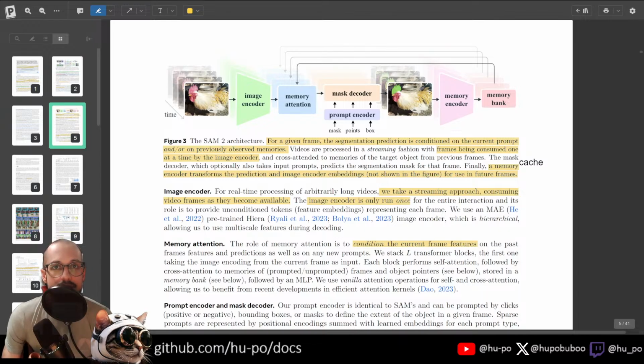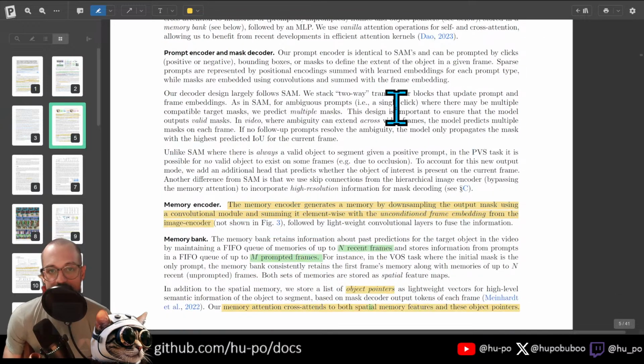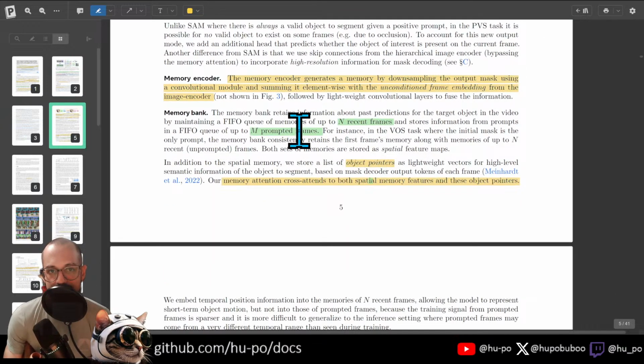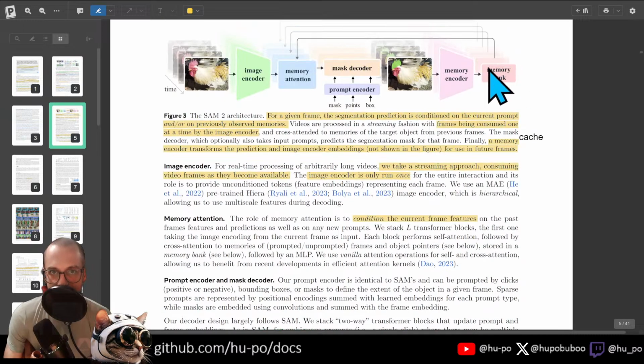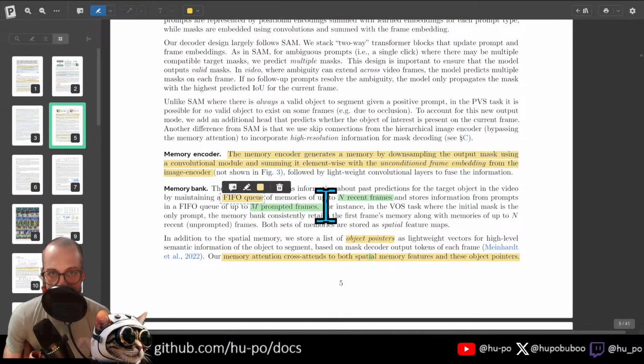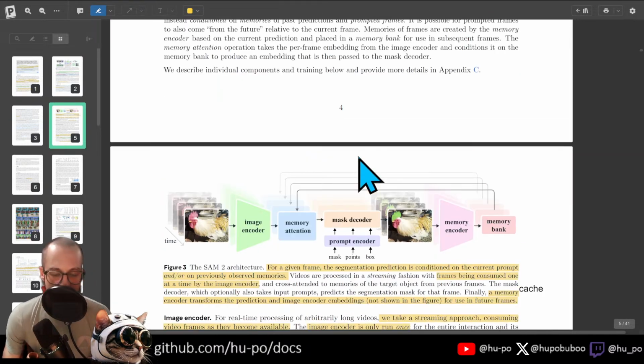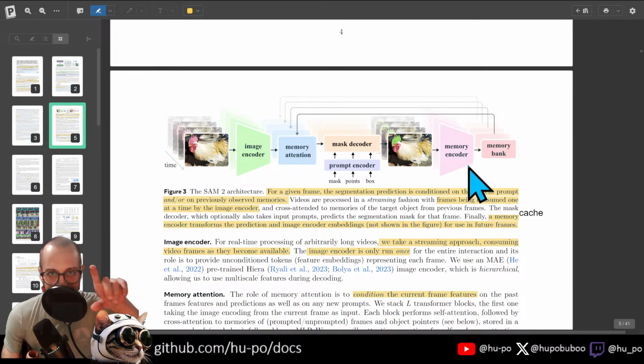The model, question from Explorer: the model inference memory VRAM grows with the number of users and the amount of memory it needs to keep in the context forever. Yeah, this memory is going to grow. So here it's fixed, right? Here you have a fixed number. So it's a FIFO queue with n frames and m prompted frames. There's a specific limit to this memory bank in this implementation that prevents it from growing too big, right? So there's a specific amount of GPU memory that's